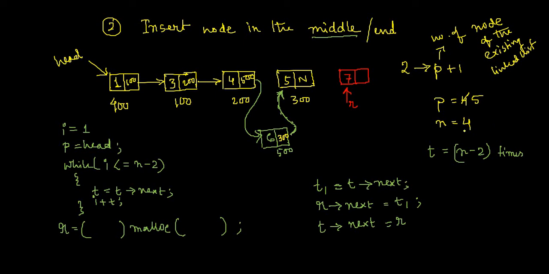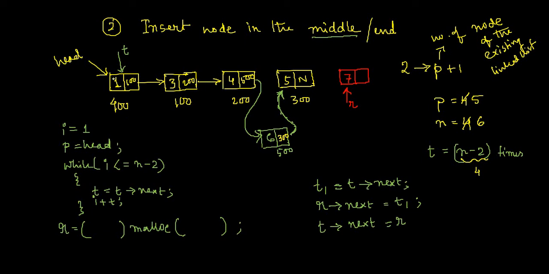This has been included. And suppose I want to insert at the end. So at the end, I can insert at the 6th position, maximum P plus 1. That is the 6th position. So according to my logic written over here, n minus 2 means actually 4, 6 minus 2. That means this loop will execute 4 times. That means T will change its position 4 times. And T started always from this place.